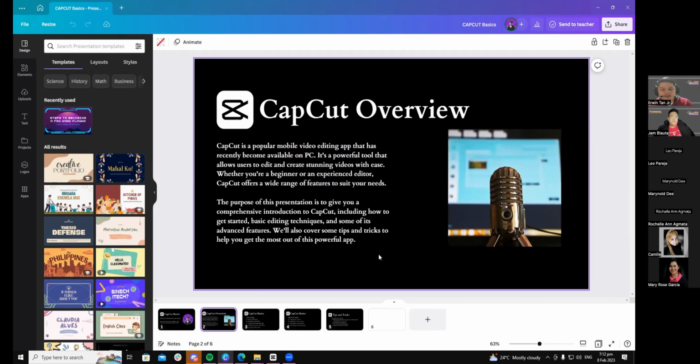Way back before, ang ginagamit kong editing tool is Filmora. But for some reason, I stopped using it kasi it's a paid app and it's not available for everyone. And ayun, it's a good application. It's just that, ayun nga lang, paid. So,